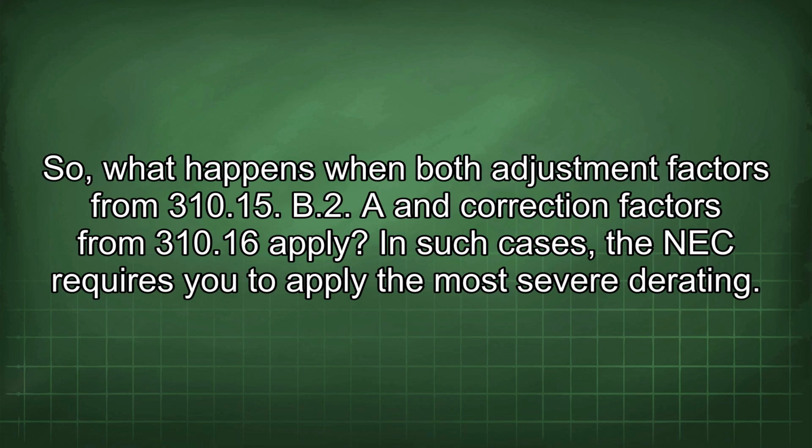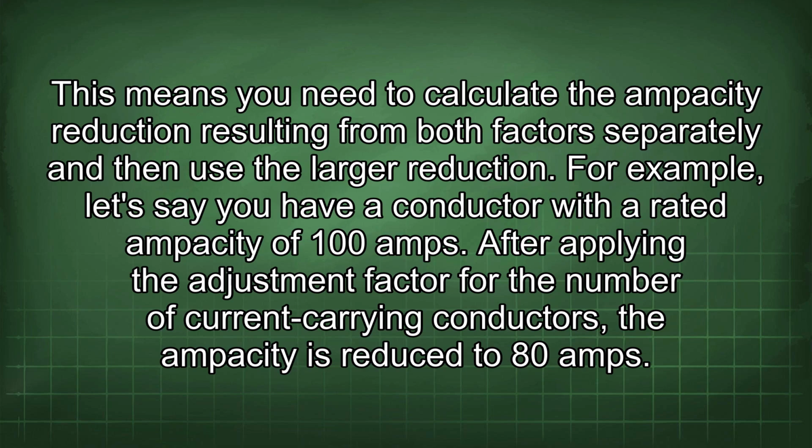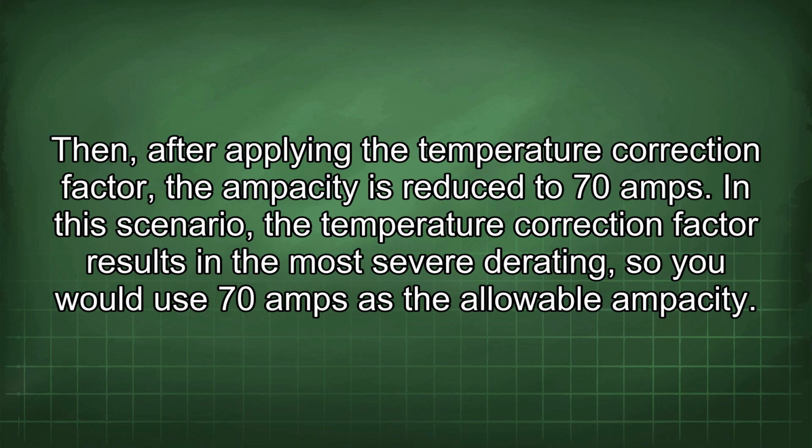In such cases, the NEC requires you to apply the most severe derating. This means you need to calculate the ampacity reduction resulting from both factors separately and then use the larger reduction. For example, let's say you have a conductor with a rated ampacity of 100 amps. After applying the adjustment factor for the number of current carrying conductors, the ampacity is reduced to 80 amps. Then, after applying the temperature correction factor, the ampacity is reduced to 70 amps. In this scenario, the temperature correction factor results in the most severe derating, so you would use 70 amps as